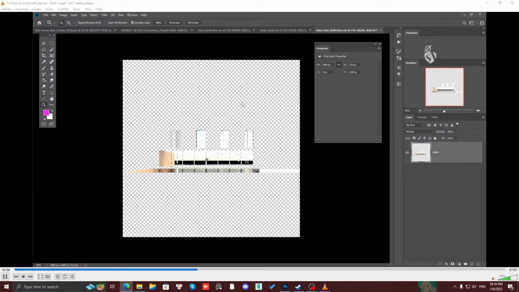But since it is not ready to be used, because you see there is a wrong reflection here, we are going to blend this with new photos of the sky, with new photos of the background. And once that is done, then we go down with opacity, and we mask it in different ways,